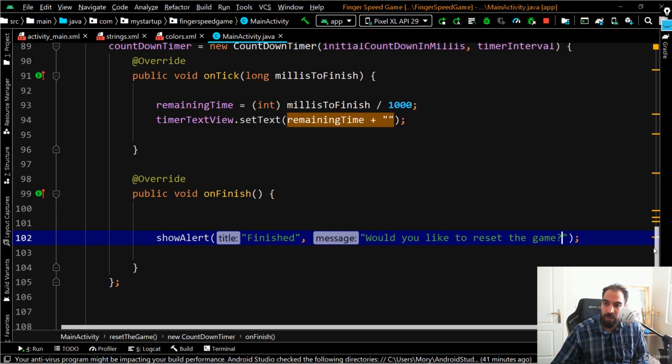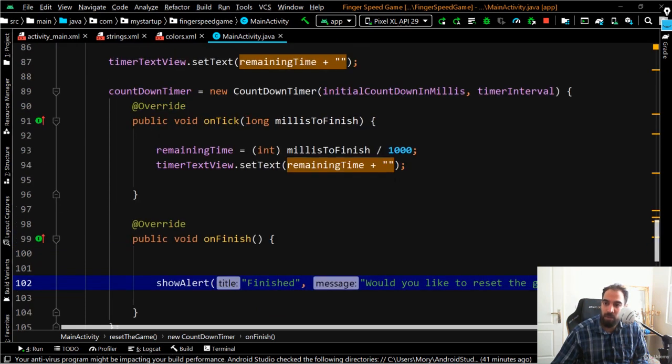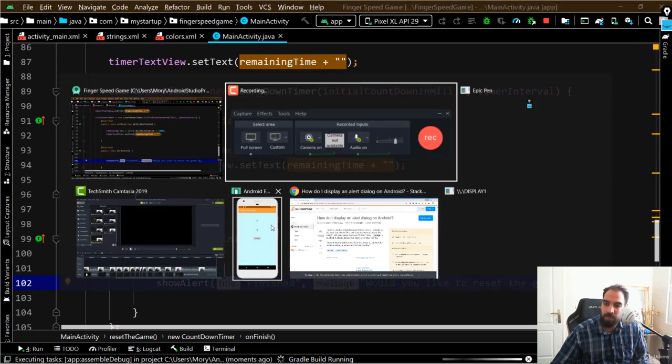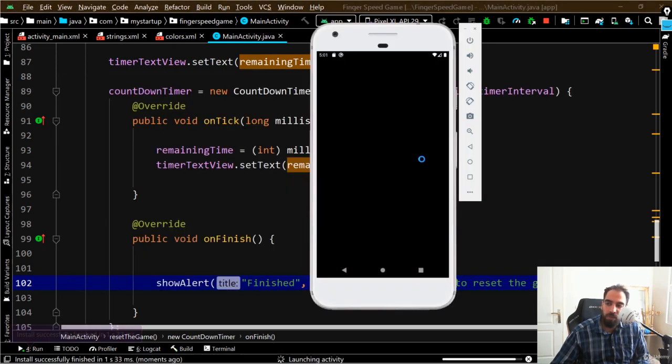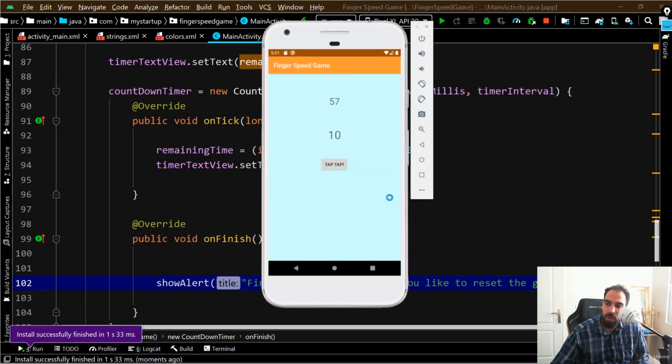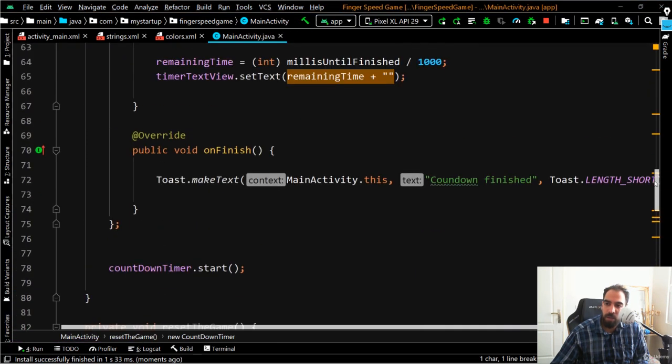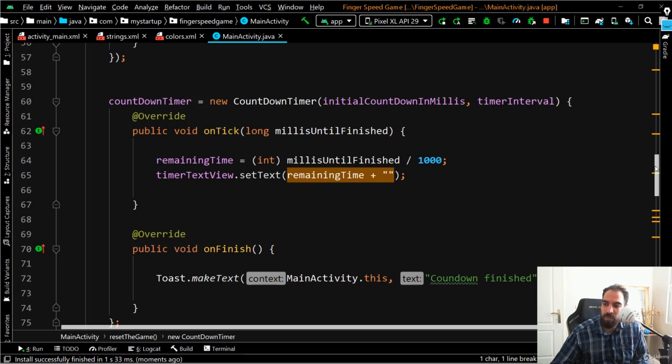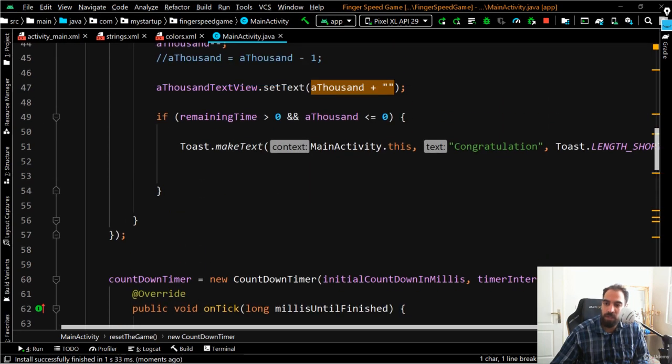Okay, so now that the onFinish method is called, let's go ahead and run the program, because now I want to try to win the game and I want to see how my application works. So tap on this button, tap, tap, tap, tap. So now it should show the alert dialog. Okay, so it is not showing the alert dialog